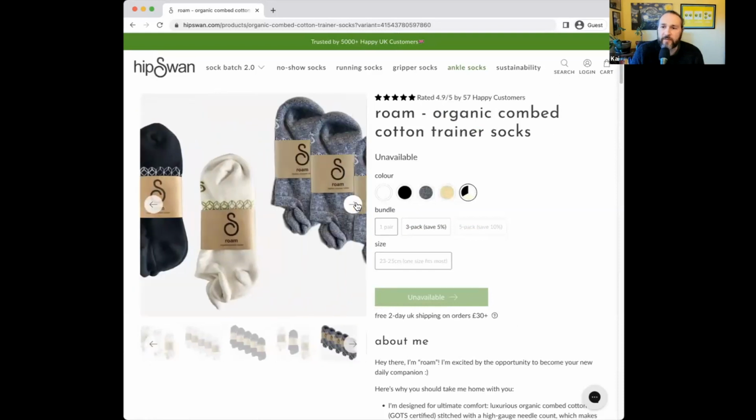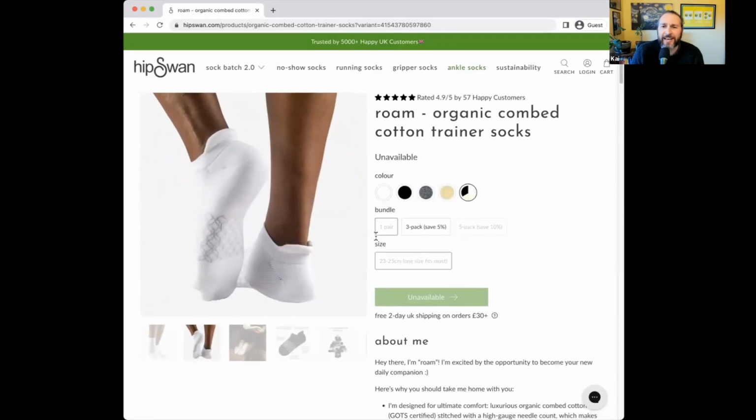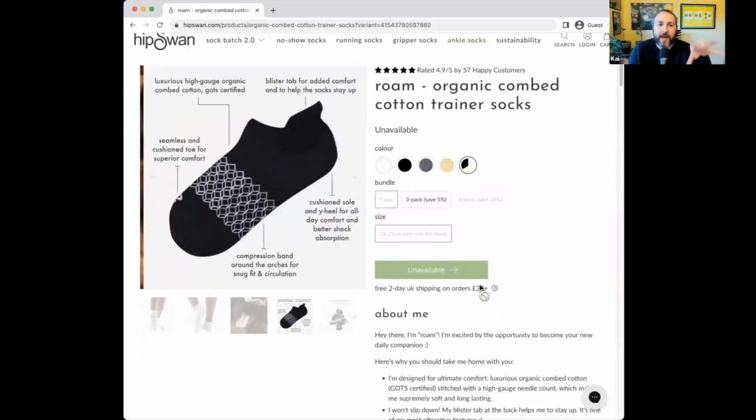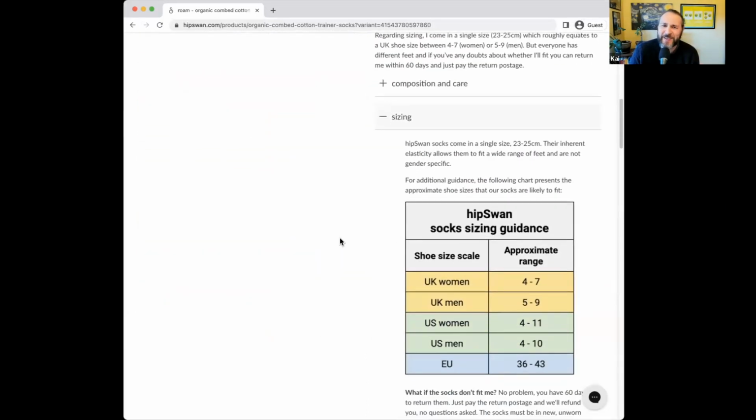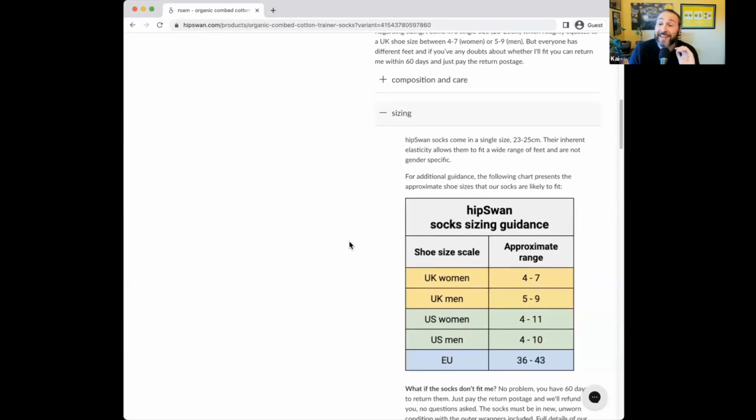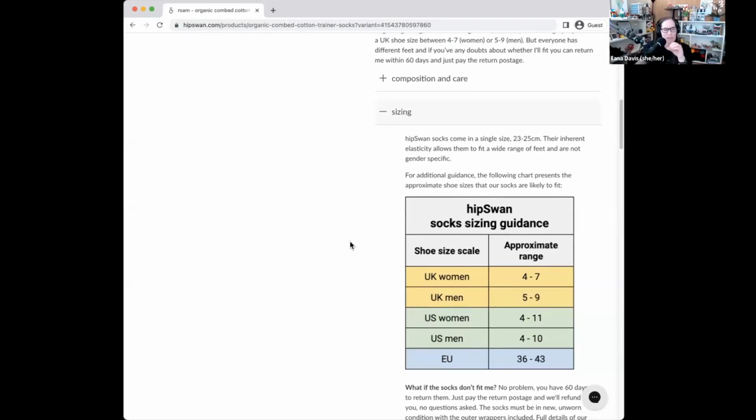Similar with the sizing chart. I think it's wonderful you have that in there. I don't think it's great that it looks like an image. I say break that out, make it HTML and move it up, since I've got big feet. If I was buying your socks, I'd be like, will this fit me? And oh, US men 4 to 10. It will not fit me. I'm size 14 feet. You literally read my mind.